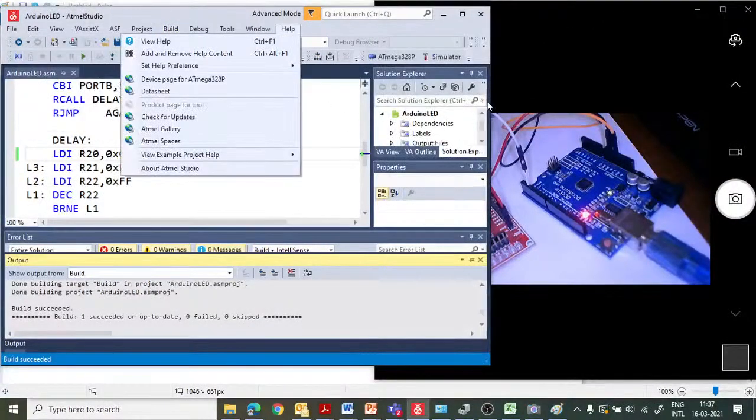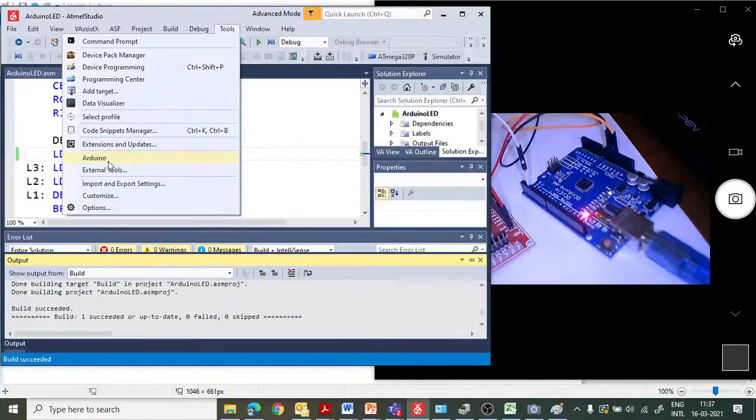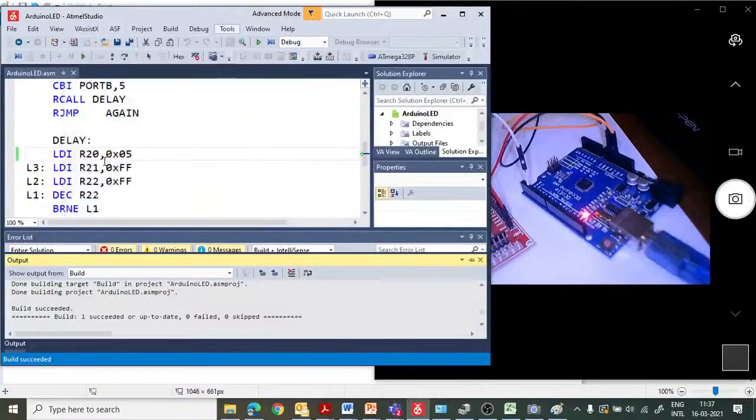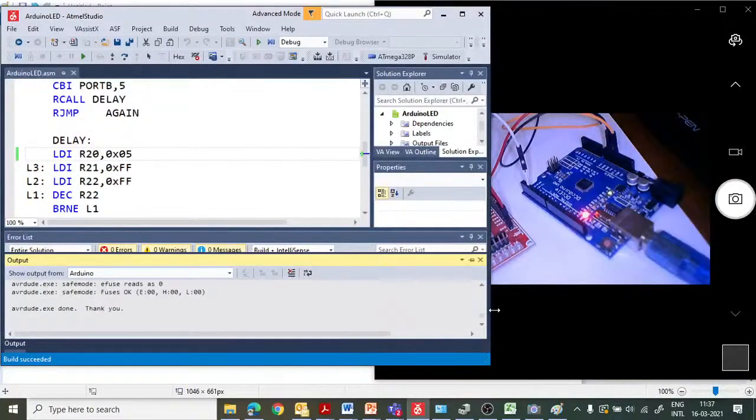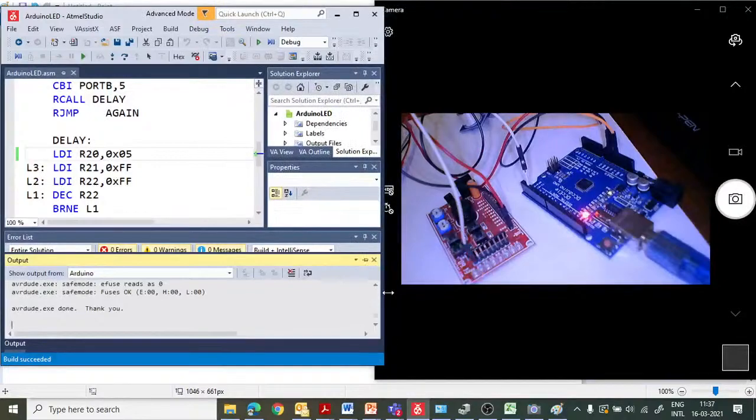So now I want to upload this program. I will select the Arduino tool and click on that. And now you can see that the timing will change. Now you can see it is blinking fast because I have reduced the delay.